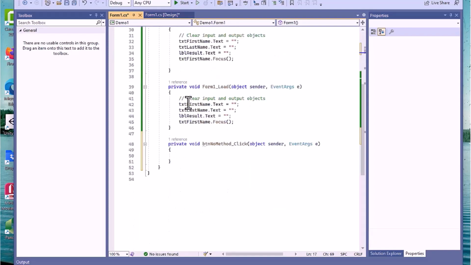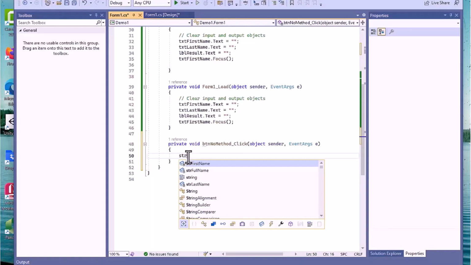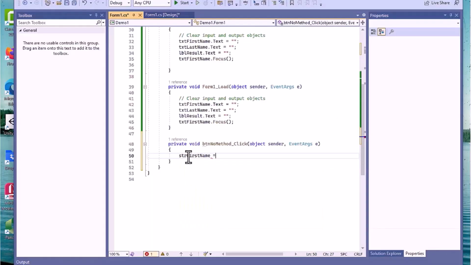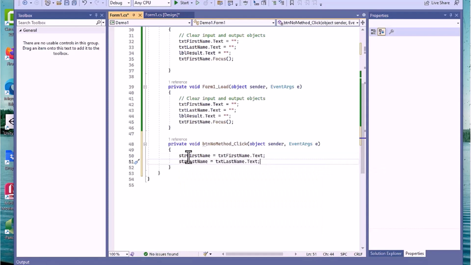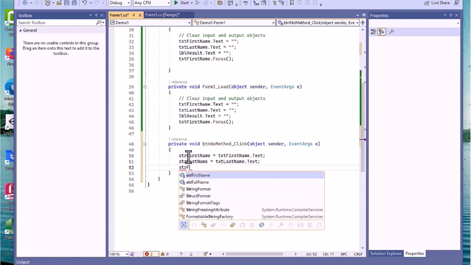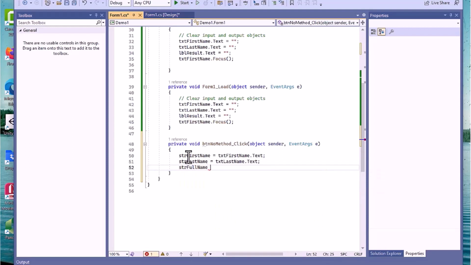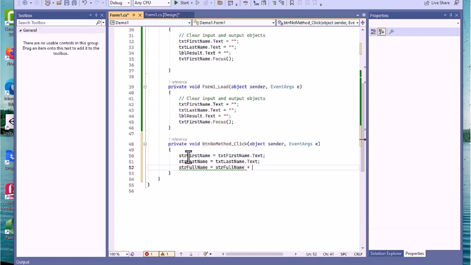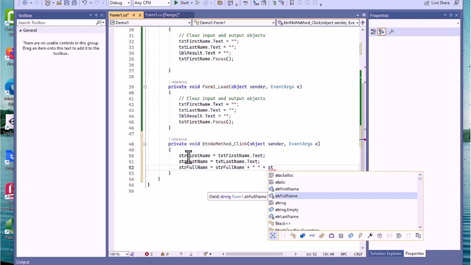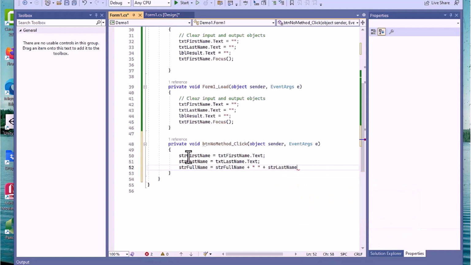And now I'm going to go down to that button that we just had set up, the button no method here. All we're going to do here is take str first name and read in txt first name.txt. Now we're going to take str last name and read in txt last name.txt. Then we're going to say str full name is going to be equal to str first name plus a space plus str last name,